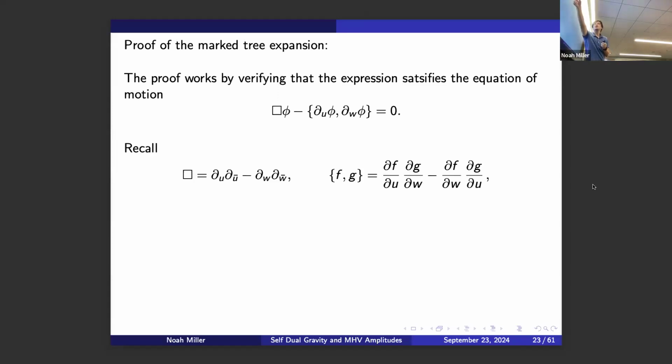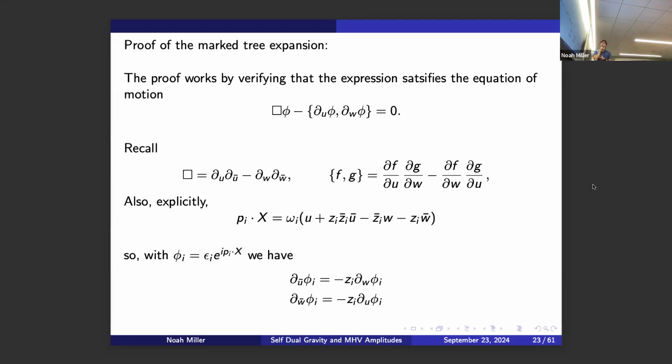So, okay, this box here is just the wave operator. Here we have the Poisson bracket again. And explicitly, p dot x in these light cone coordinates is given by the following combination. So if you have a seed function phi_i, epsilon_i e^(i p dot x), we can verify very simply that if you differentiate with respect to u bar on phi_i, you get negative z_i times the derivative with respect to w. And if you differentiate with respect to w bar, you get negative z_i times the derivative with respect to u. And